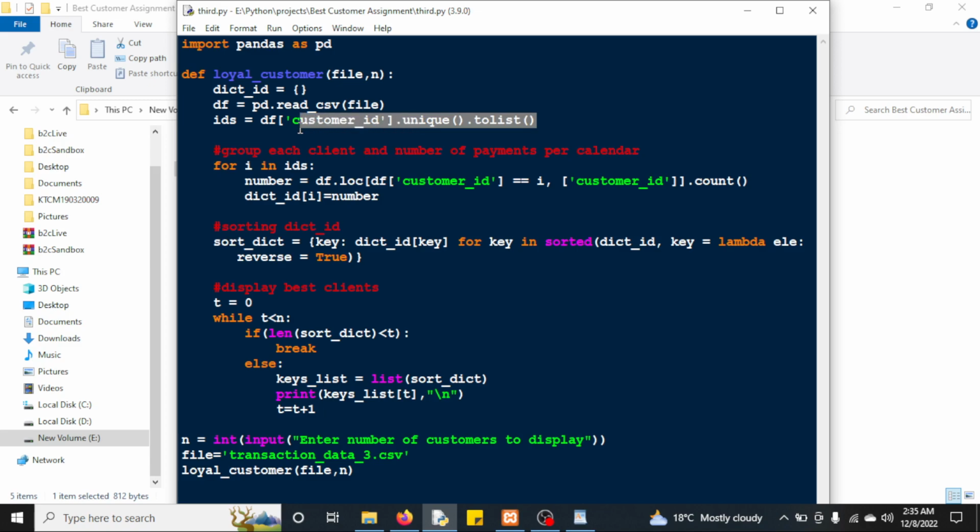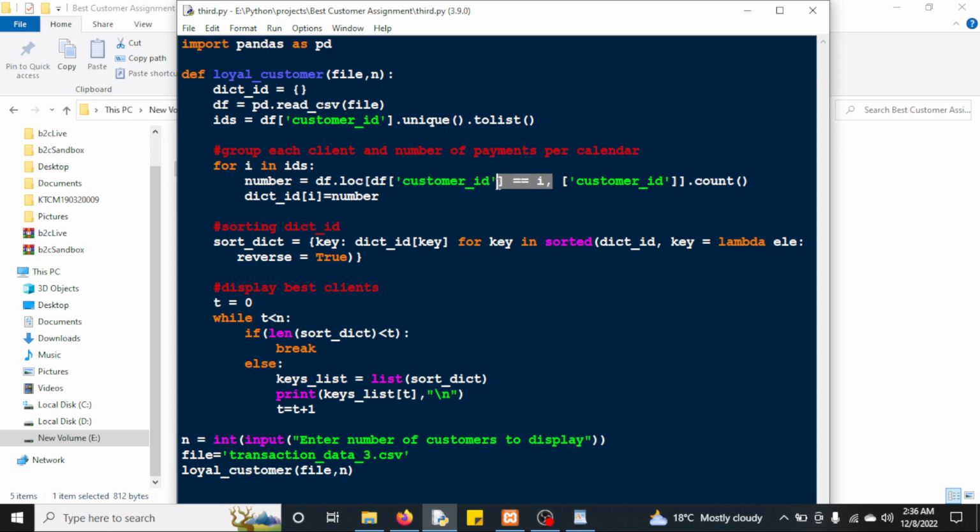Now, on the data frame, which is the CSV file, I'll find there is a column, and from this column I just need to extract the customers' IDs for every customer and insert them into a list like that. Inside this list, I'm going to loop, and when I loop, I check the customer ID on this data frame I locate.